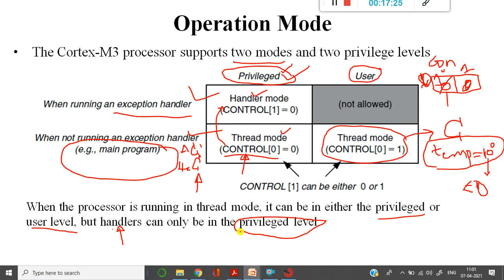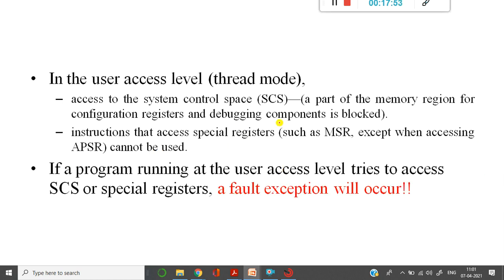What do you mean by privileged? We call some people VIP people, privileged people who have more options, right? That's where the privileged mode will have a higher priority, and those programs will be taken at top priority and executed first. So that's the meaning of privileged level. I hope you understood this particular topic.